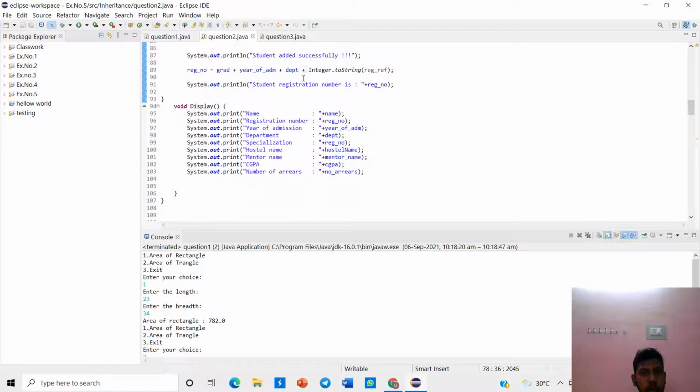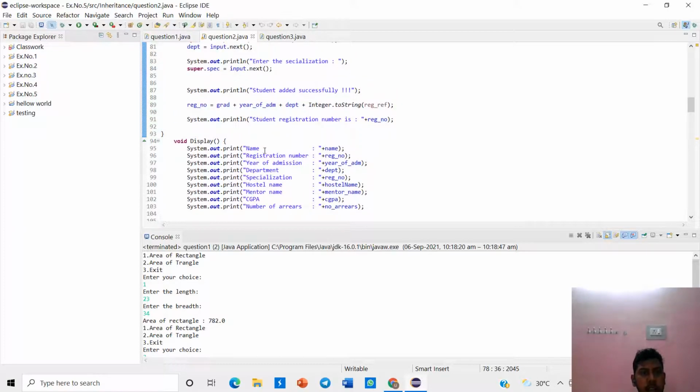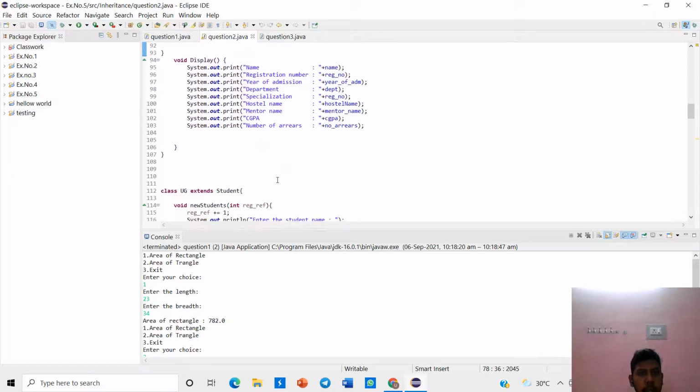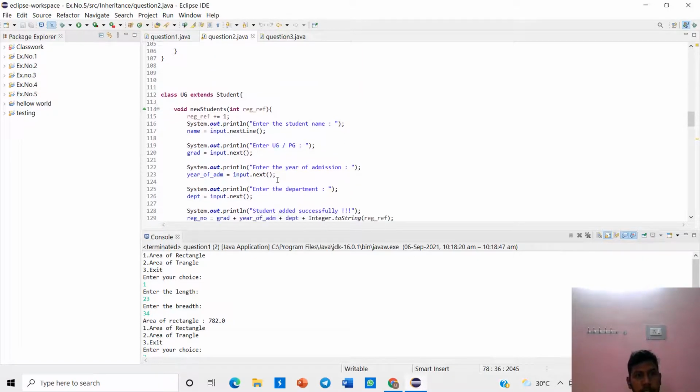After that, to call these functions for the specialization and the details of the PG students, we use System.out.println to print the name, register number, year of admission, department of specialization, hostel name, mentor name, and CGPA. Then we want to create a subclass for